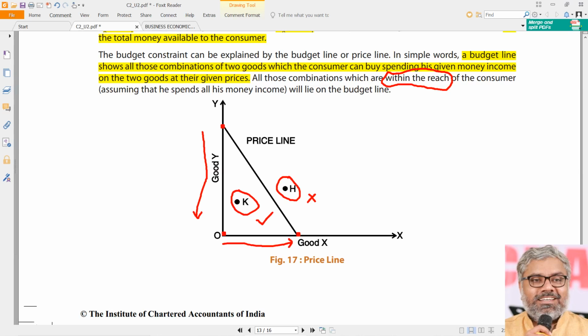Here the point is, he has an income. He wants to spend that income on two commodities. If he does that, what is his awqat? What is his possibilities? He can spend any of these combinations which are on the price line. No problem. These are all possible combinations on the price line. Any of them he can do because he can afford that. What do these combinations tell us?